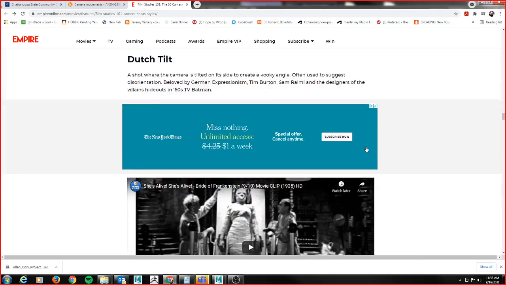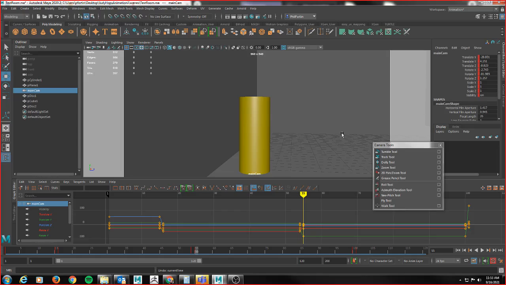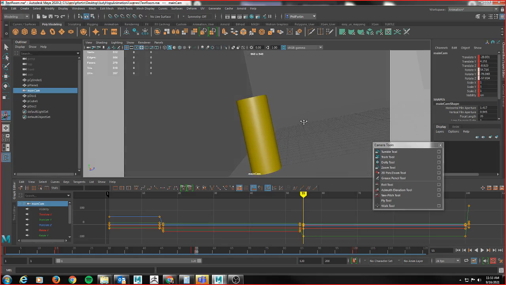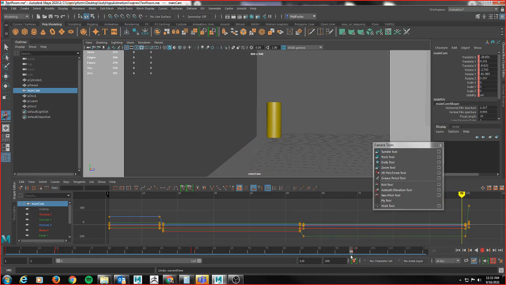Right here's some Dutch tilt. And that Dutch tilt will do the roll. So maybe by the end of this clip, we get a little bit of a Dutch tilt action